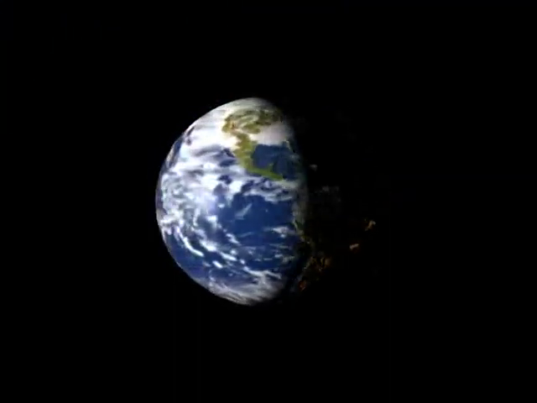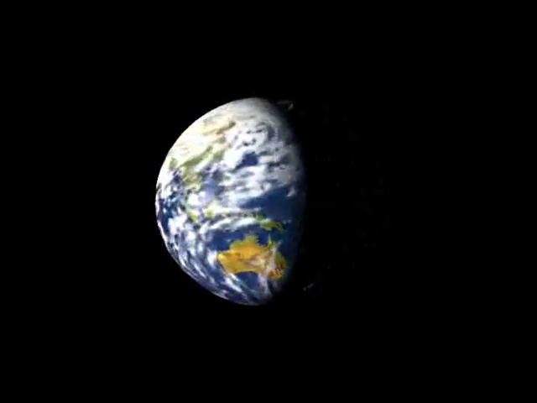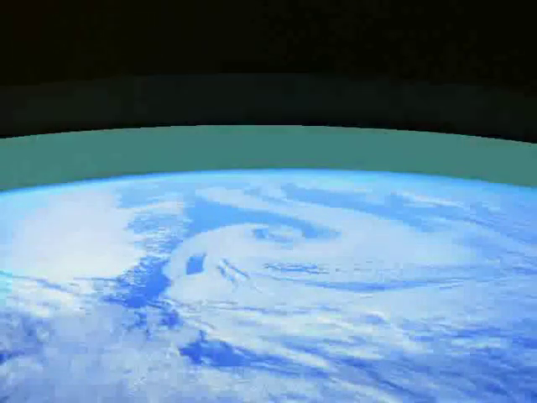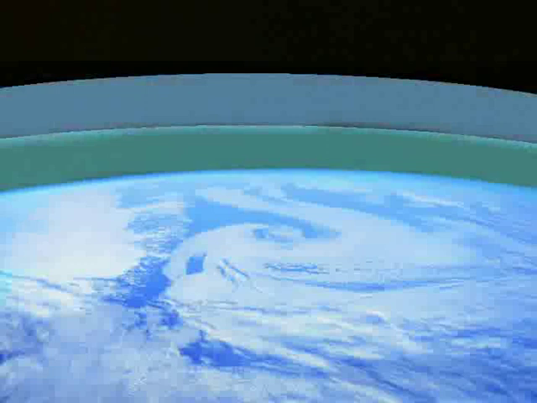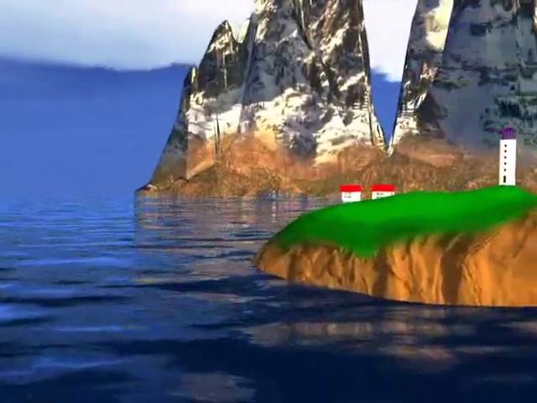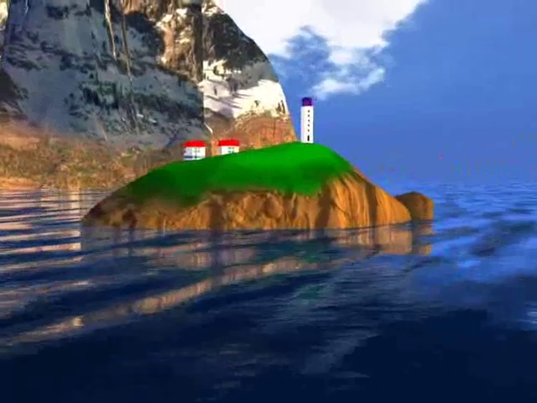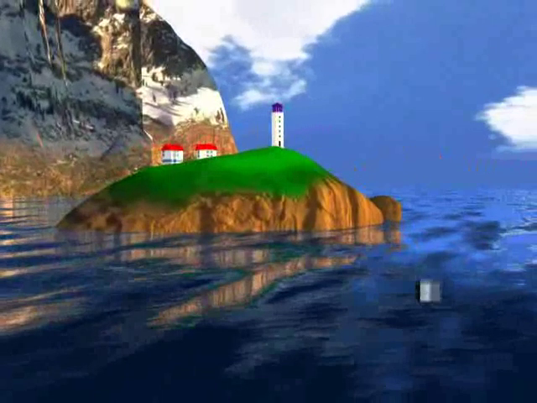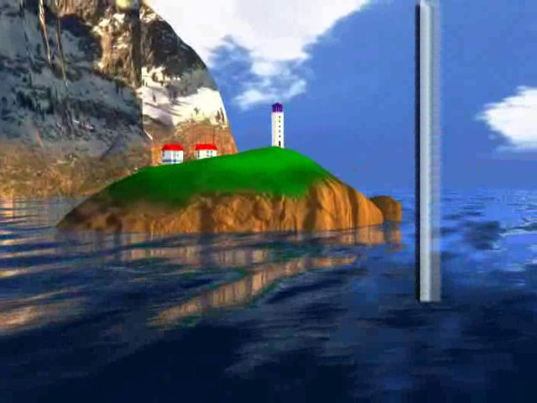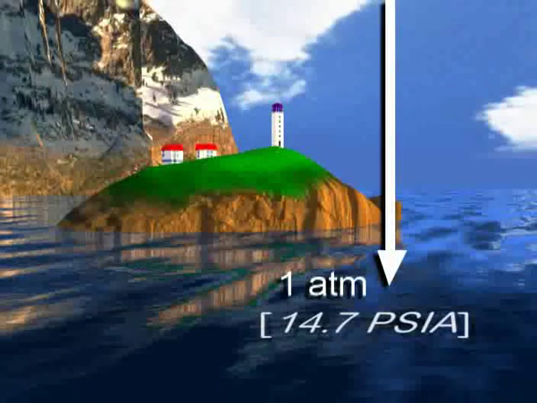Let's now take a look at our planet. All around the Earth, there is a layer of air that goes from the Earth's surface up to a great height. This is our atmosphere. Molecules of air have weight. This means that the Earth's surface and all the objects on it bear the weight of all the molecules above. This force, generated by the weight of the air molecules, is known as atmospheric pressure. At sea level, the sum of the weight of all the air molecules above is equal to 1 atmosphere. Just a little more than 1 kilogram per square centimetre, or 14.7 psia.